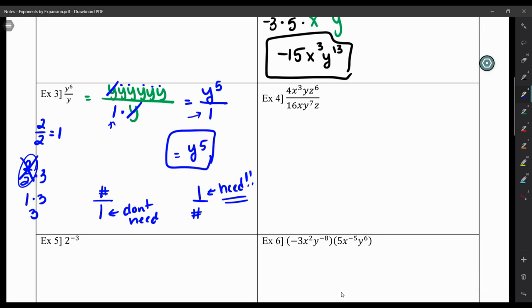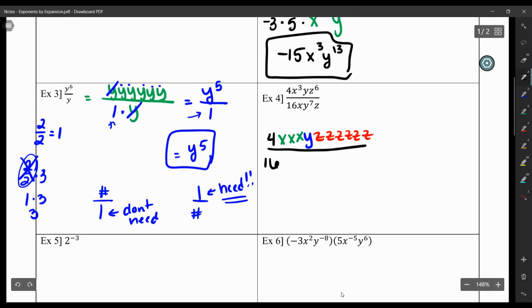Let's look at number 4. 4x to the third, y, z to the 6th, divided by 16x, y to the 7th, z. So again, we're going to break this apart. So the 4 on the top is a coefficient. We'll deal with him later. Then we have x to the third. So 1, 2, 3 x's. We have 1 y, and we have 6 z's. 1, 2, 3, 4, 5, 6. All divided by 16 is the coefficient. We'll deal with that one later. We have 1x, we have 7 y's,